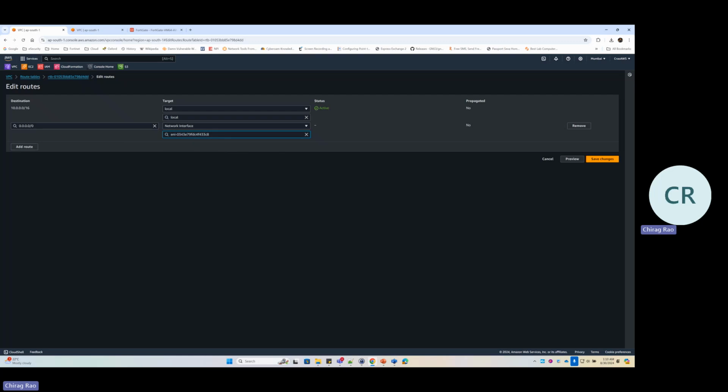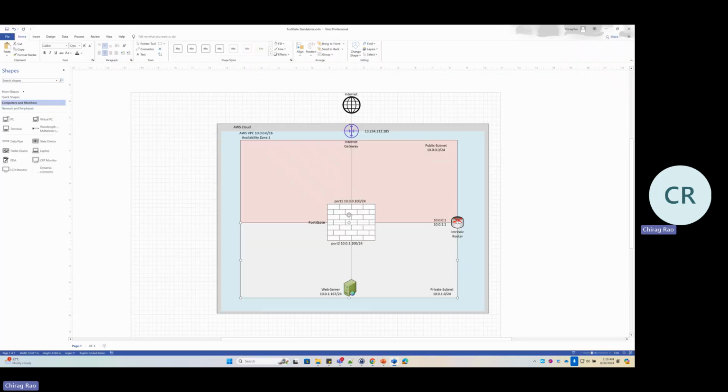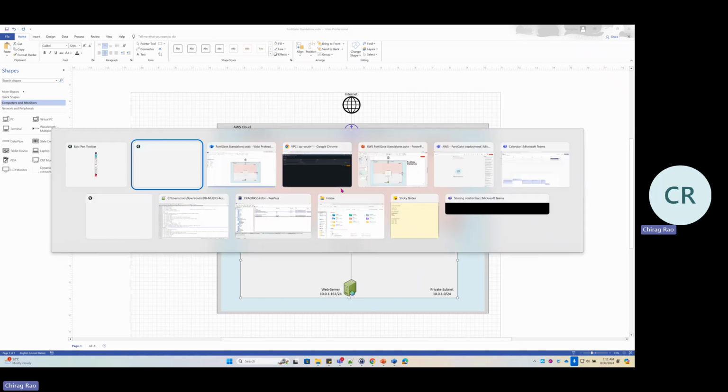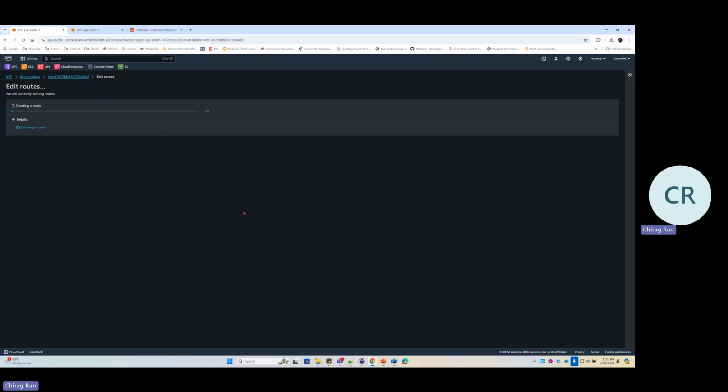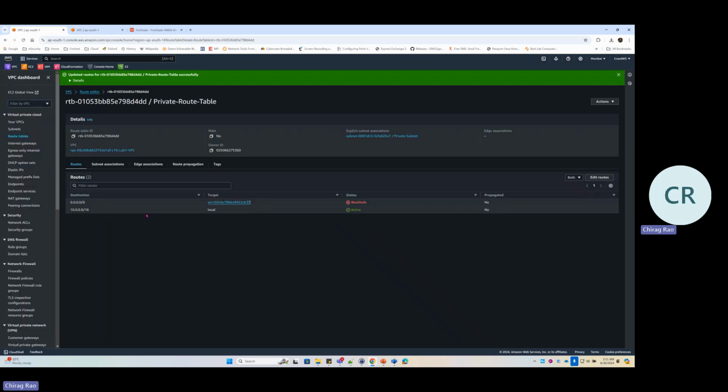So what exactly are we doing? We are saying that for this particular server, 0.0.0.0, send that traffic to this elastic network interface. That's what we are doing. Okay, so going back to the AWS console, port 2 LAN, and save the change. So now my routing table is